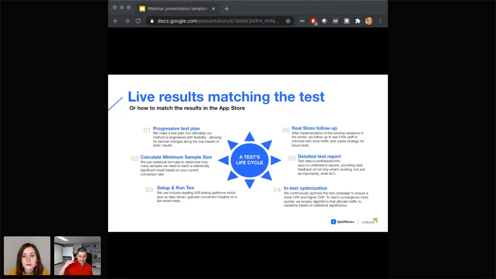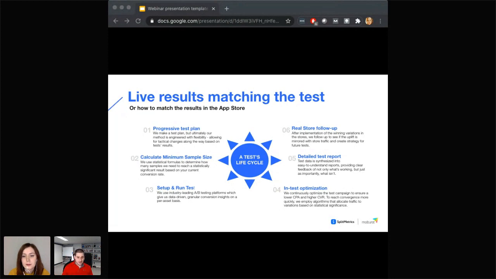Once we are doing that and we are getting enough samples, we are getting to statistical significance, we are making sure that we are doing a very detailed test report, which SplitMetrics allows you to have a huge amount of metrics, so we can actually see where the user made the decision to download, when they made the decision to drop, why they actually made those decisions. So it's not just A is better than B, we also have here the why, which is so important even